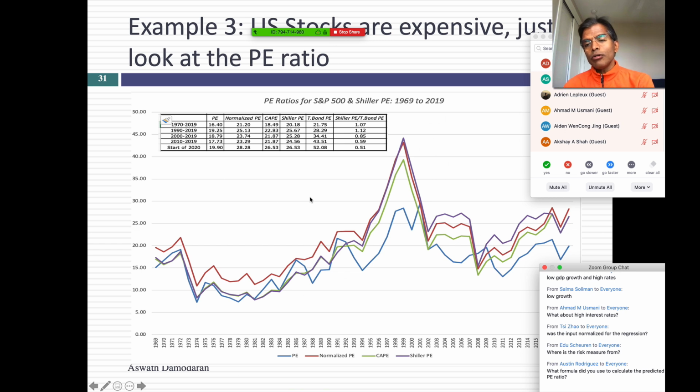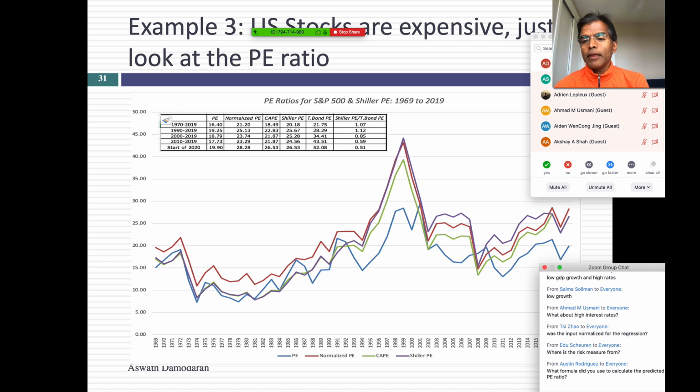So I'll play the role of somebody who thinks about it. So this is before the crisis. I come to you and I say, you know what, stocks are overpriced. And here's what my basis for that is. The PE ratio today is much higher than it's been historically. That's technically true, right? The PE ratio at the start of 2020 was much higher than it's been for the most part across history. So what's wrong with that sales pitch? What am I missing when I say stocks are expensive just because their PE ratios are higher?